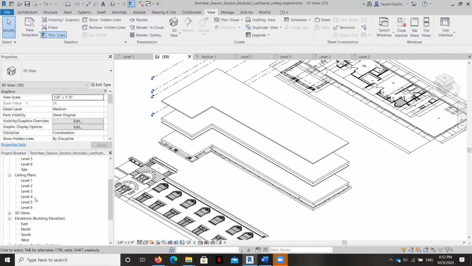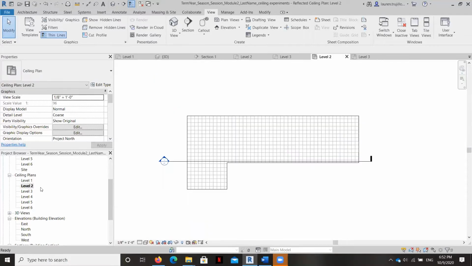Just to start out, I wanted to show you a couple of things. I want to show you how to do a drop ceiling and a ceiling inlay. And then also if you wanted to create a vaulted ceiling, I wanted to show you how to do that too. Now, again, you're going to get to play with this for the rest of your career and troubleshoot and find new and interesting ways. But for right now, I just wanted to expose you to the different options that you have. So I'm going to begin by going to the level 2 ceiling plane.